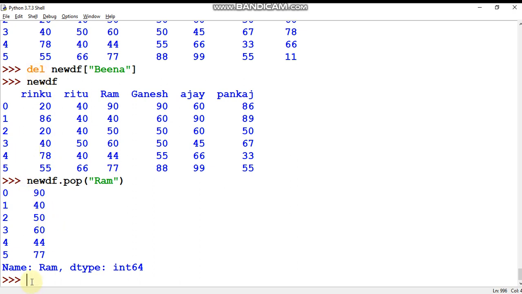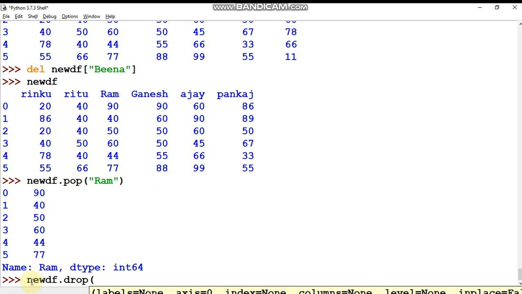Now the next method that I'm going to use is the drop method. So new df dot drop, and in the drop method, the column you want to delete, we want to delete the column named Pankaj, so pass Pankaj there. And here you need to pass the axis keyword, axis equal to 1.